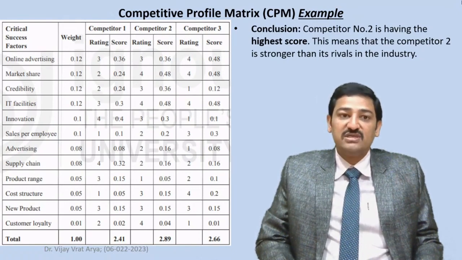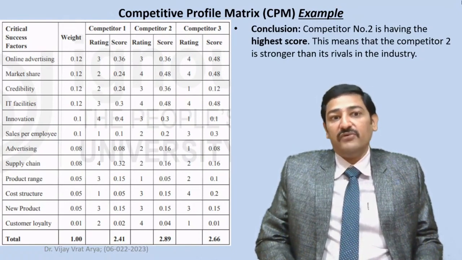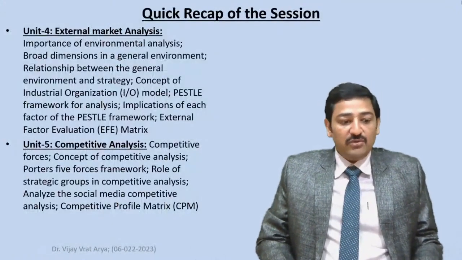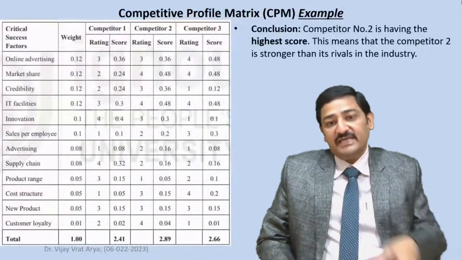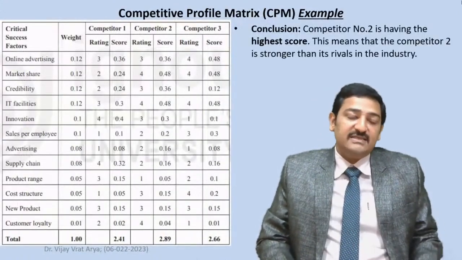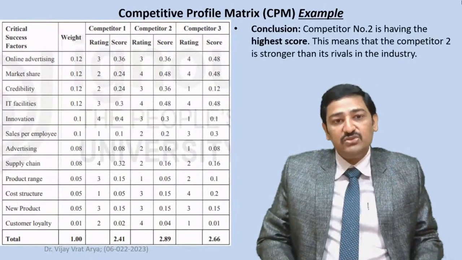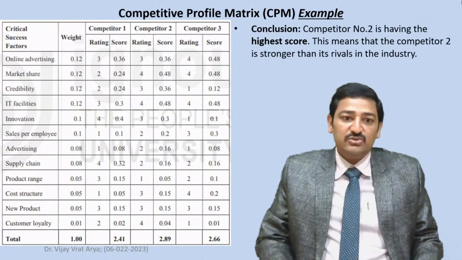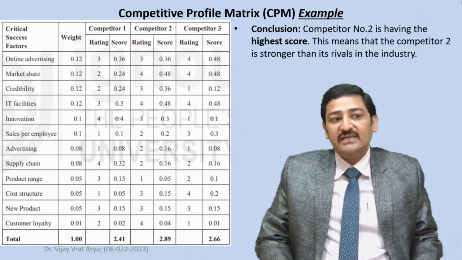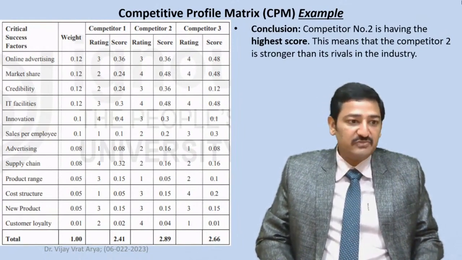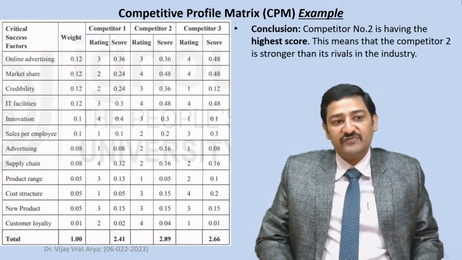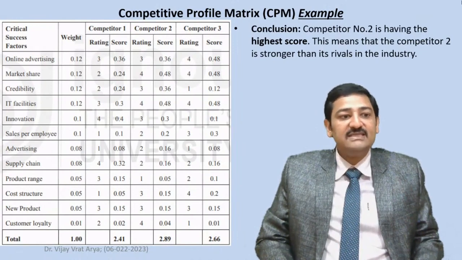So the best position in this case is of competitor number 2 in the industry. Now, based on this particular case, we can also analyze that if the firm is willing to address a specific type of position, they can also make a comparison, for example, the innovation position is also there. So in this case of critical success factor, we can also analyze that the innovation is one of the critical